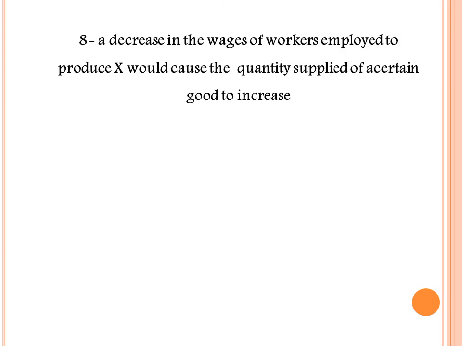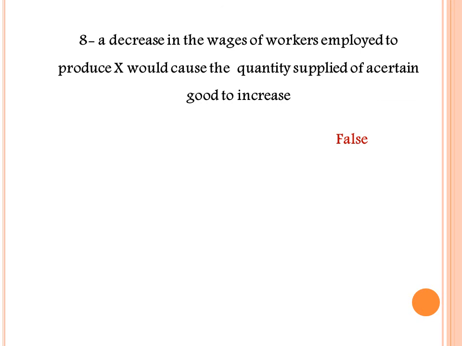Number 8, a decrease in the wages of the workers employed to produce X would cause the quantity supplied of a certain good to increase. This sentence is false because we know that the only factor that could affect the quantity supplied of a certain good is the price of the product, while the other factors that affect the supply are wages or the cost of